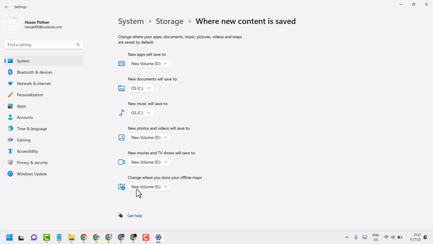So here you will see options like apps, documents, music, photos and videos, and offline maps. So you can select your desired application drive like C drive or any other drive. Change where your apps, documents, music, pictures, videos and maps are saved. So select your desired drive,